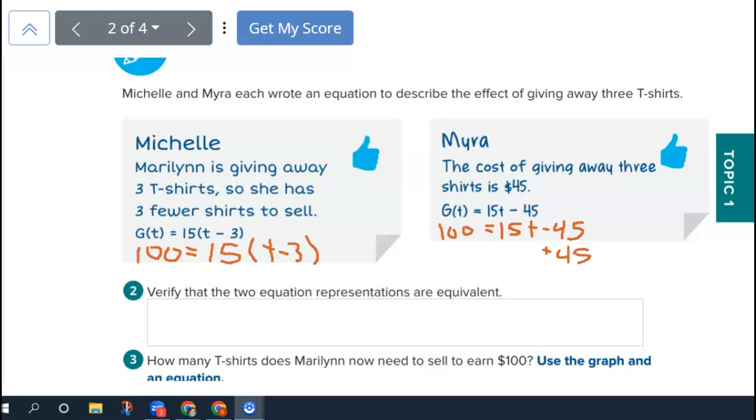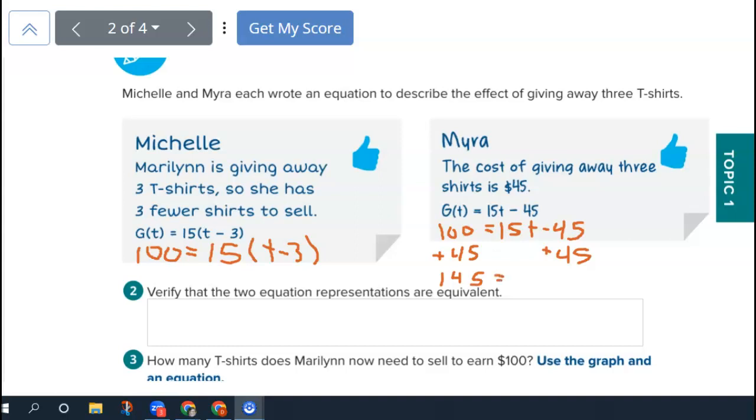And remember, whatever you do on one side of the equal sign, you must also do to the other side. So we're going to add 45 here too, over on the left-hand side of the equal. So now where we're at, if we combine like terms, these are both constant numbers, no variables, so we can combine them. We have 145